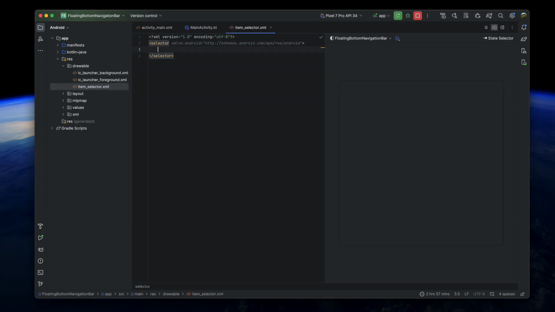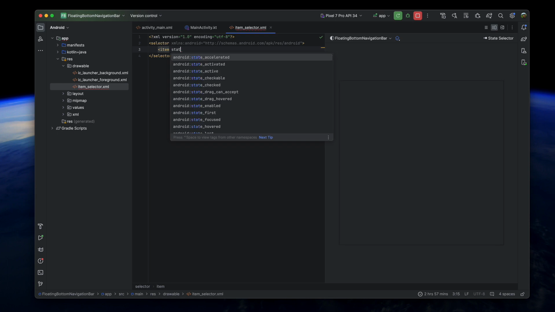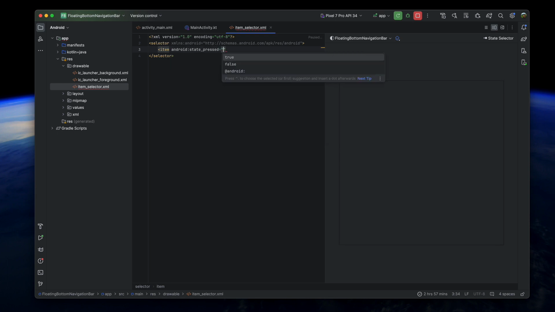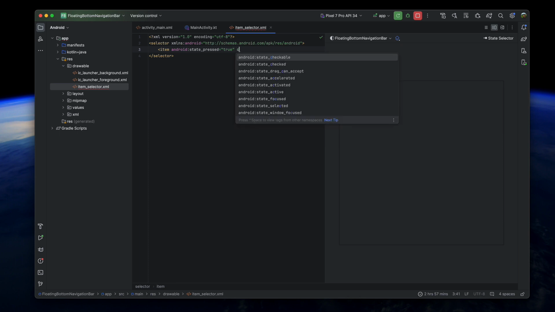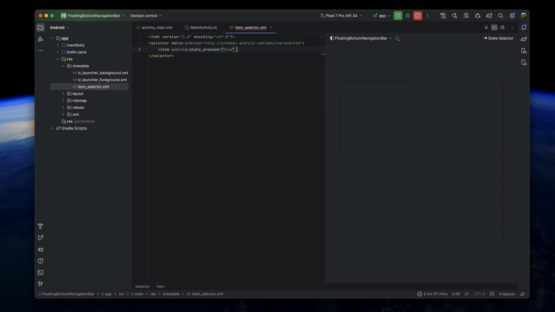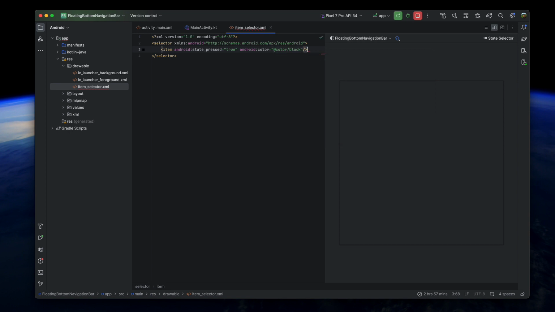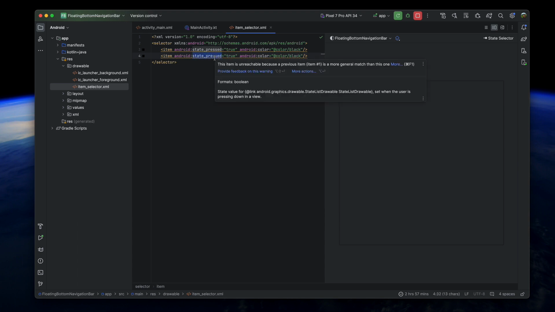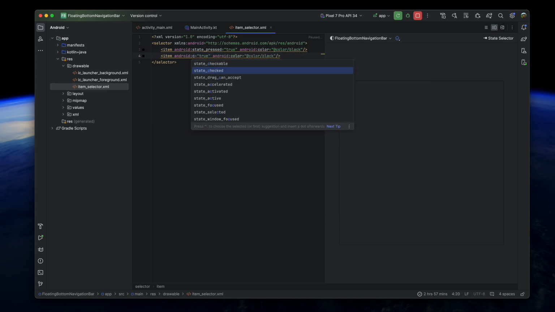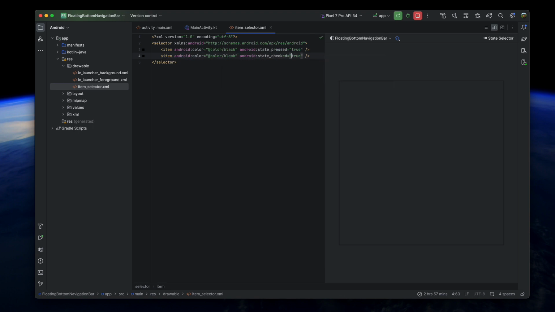In that, I want to say if it was in the state of pressed, the android color should be color black, and if the state was checked, so it's selected, it will be black again,